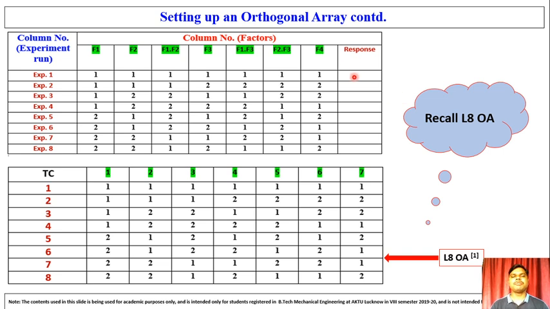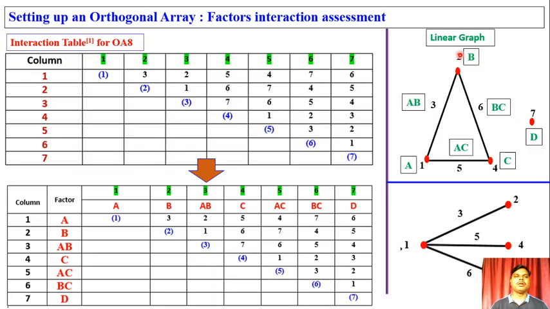So we can write here the response, because we have already seen that to find out the larger-the-better value, we have certain correlations and certain formulas. We can use them here and write the response here. Okay, we can use an Excel sheet to plot this table and to compute the response using the suitable formulation. So now we will talk about the interaction.